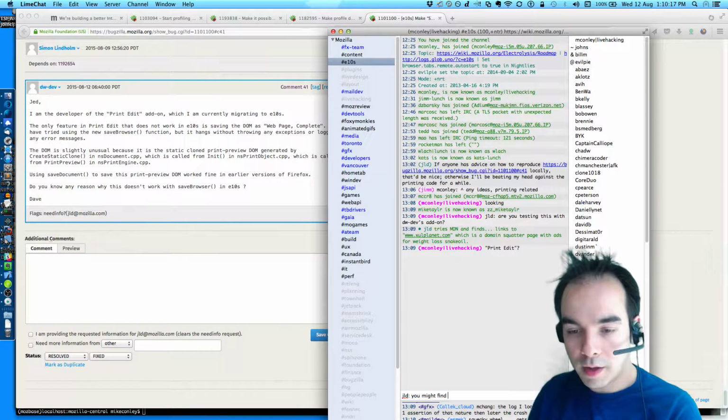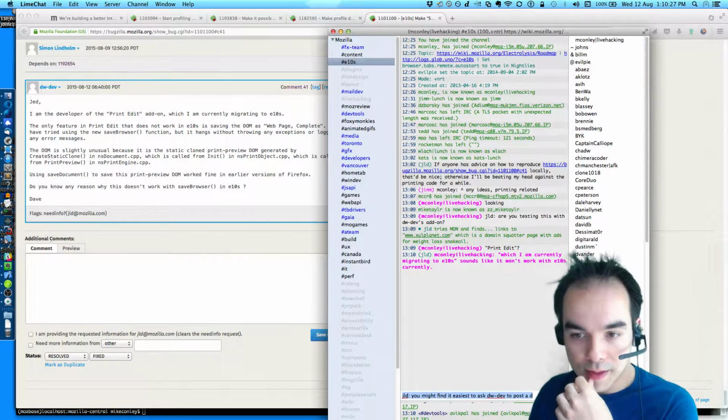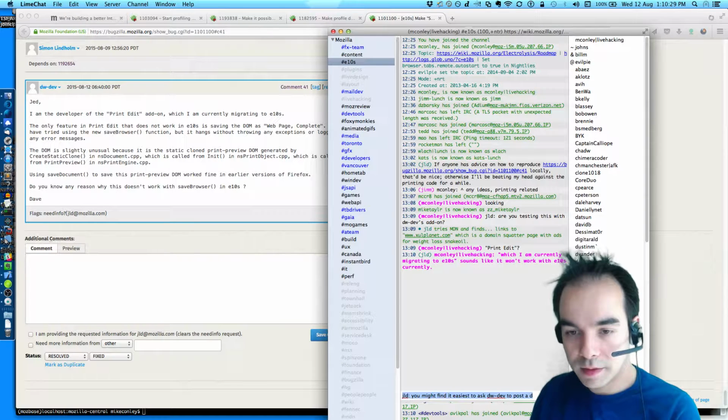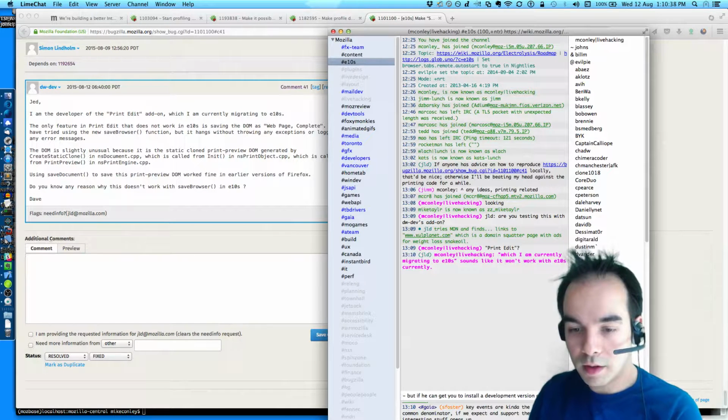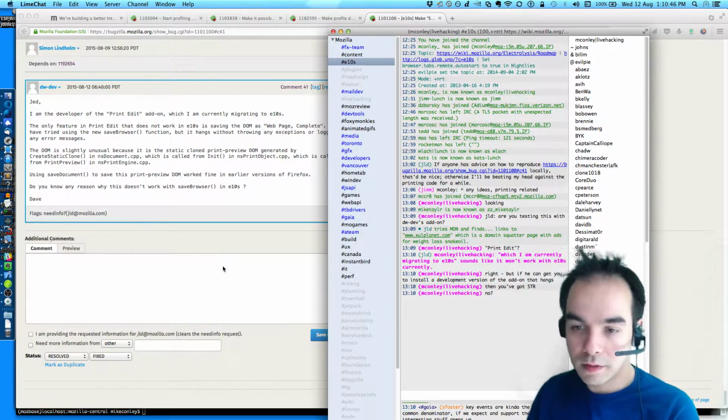You might find it easiest to ask DWDev to post the... sounds like it won't work with E10S currently, right? But if he can get you to install a development version of the add-on that hangs, then you've got STR. No?